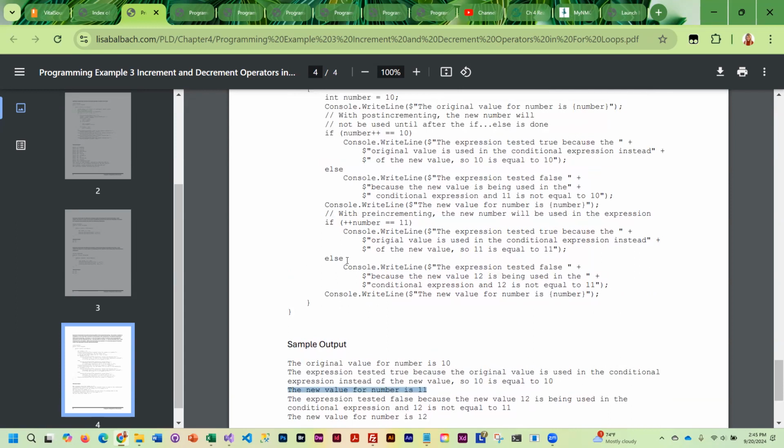For this one, this is pre-increment. So the value was 10, but before it checks for equality, it is going to change it to 11. So in this case, 11 does equal 11 because I changed the number. And so this one is going to test true. And because I did change the value that it's checking to 11, 11 equals 11. Okay, and then it'll write out the value,